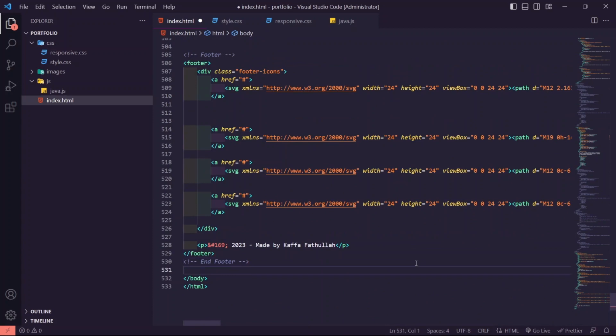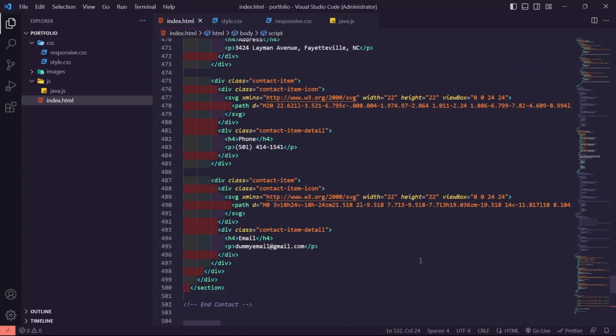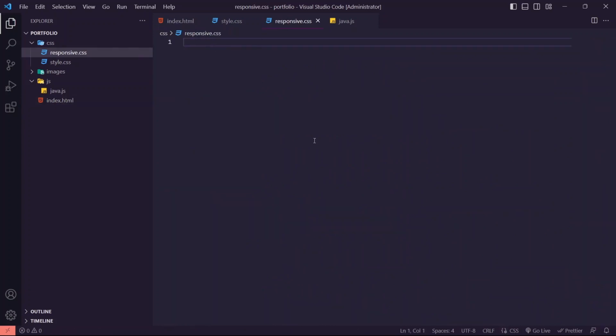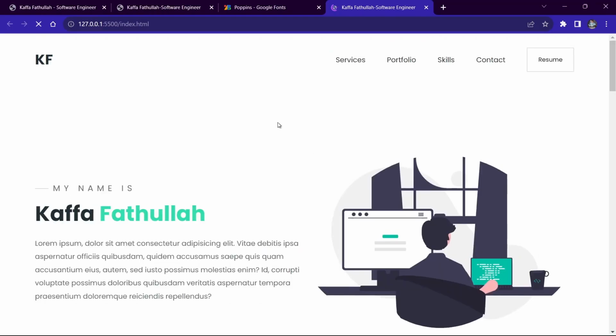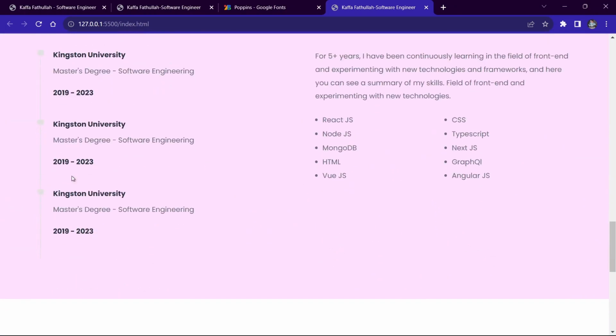Let me put it under the last body. So the script src is going to be js slash JavaScript js. Okay, so for the responsive css here, it is still blank. We're gonna check it first. We have it like this. Okay,